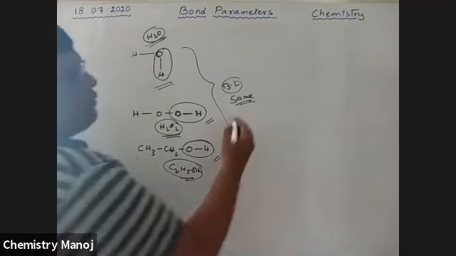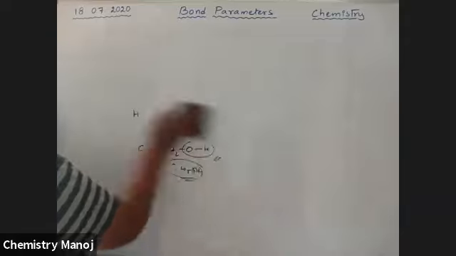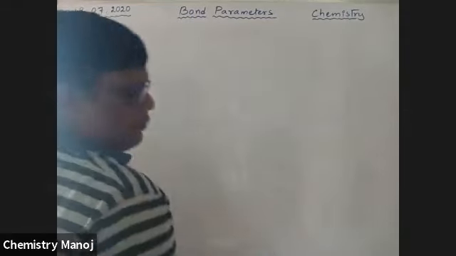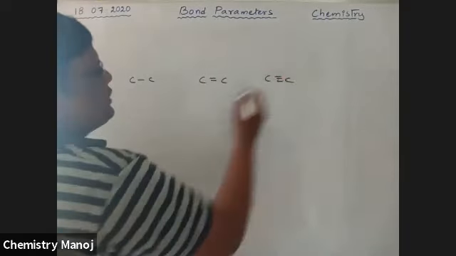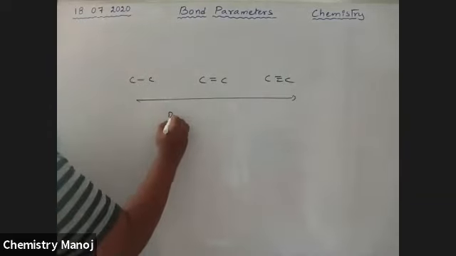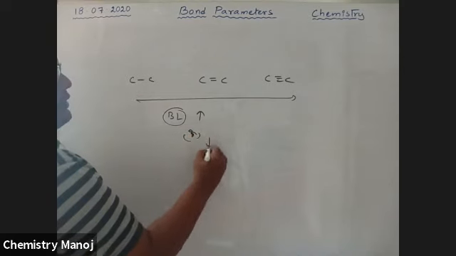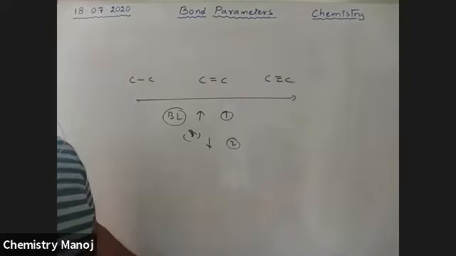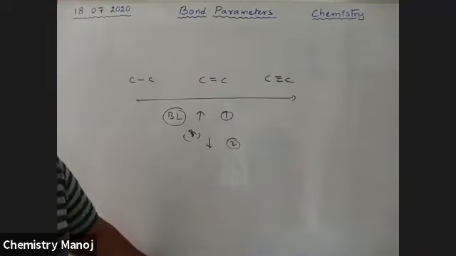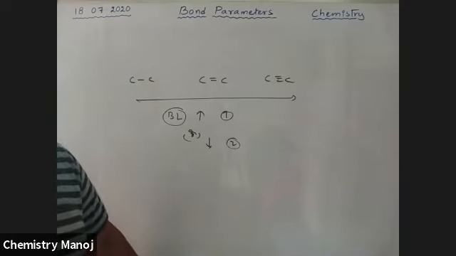See, my dear boys, one more example. Please give me the answer. Now there is C single bond C, C double bond C, C triple bond C. From left to right, does bond length increase or decrease? It is 1 or 2. Tell me the answer. Good, Charan. Yes, yes. Vishnu wrong. Others correct.